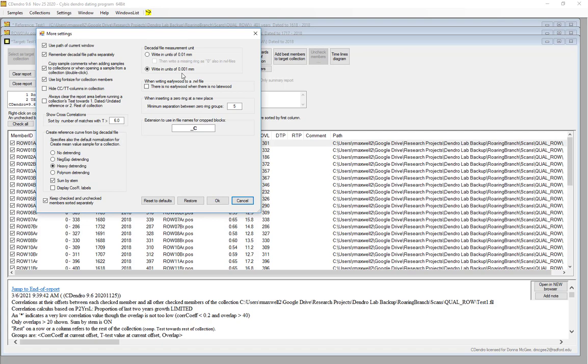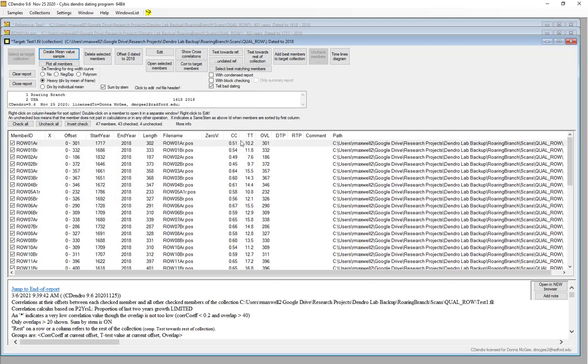I want to make sure it's at the precision of 0.001 millimeters, or the micrometer there, because this is basically just pixels, right? And so we want to get the highest precision possible. You can also pull into here your seasonal wood measurements as well and create collections from those too. And that's a relatively straightforward process, similar to what I just showed you with the regular ring width measurements.